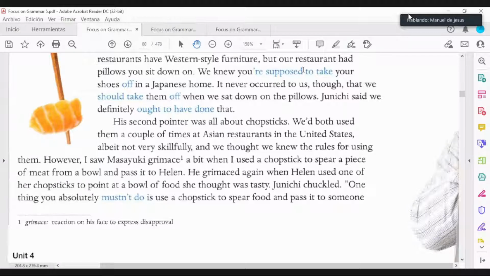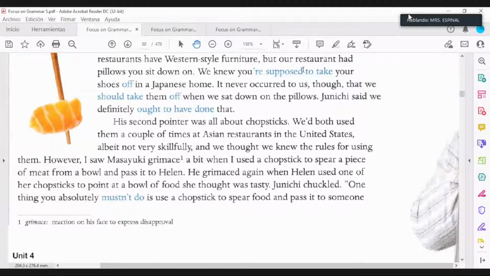However, I saw Masayuki grimace a bit when I used a chopstick to spear a piece of meat from above and passed it to Helen. He grimaced again. Then Helen used one of her chopsticks to point at the bowl of food she thought was tasty. Junichi